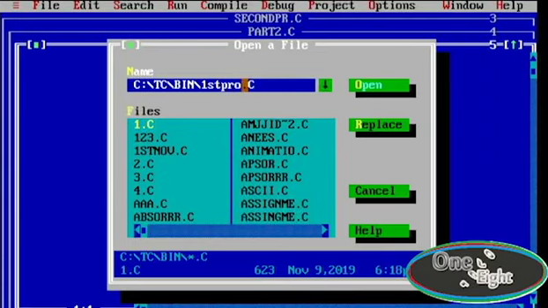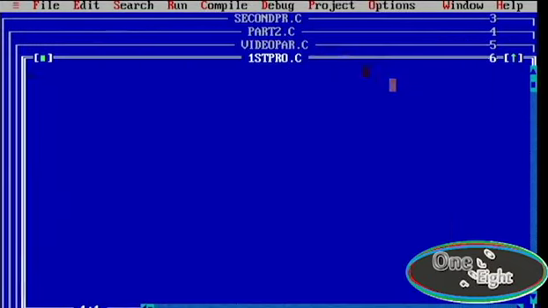Okay, it doesn't matter. It will get saved with the extension .c, and it is going to be saved in the C partition. There is a folder turbo, and in turbo there is a folder tc, and in tc there is another subfolder named bin, and you can find it in bin. So let's open it, and here is our program